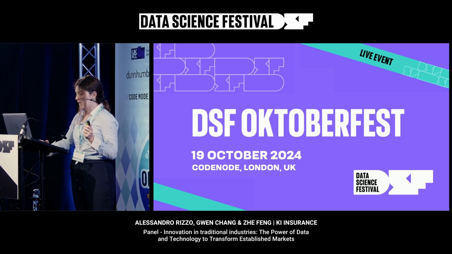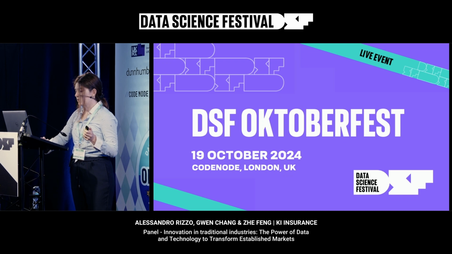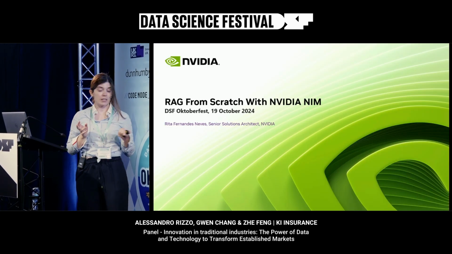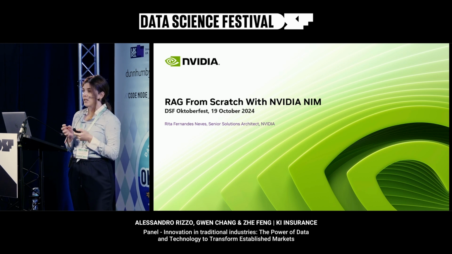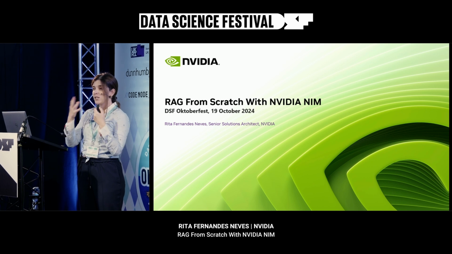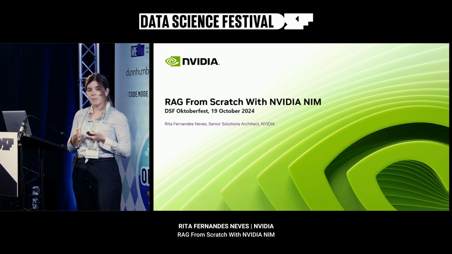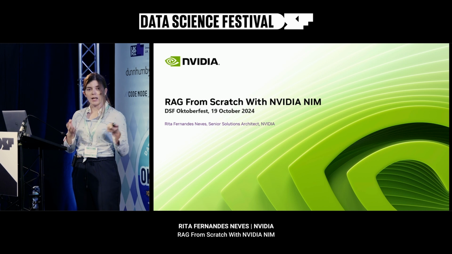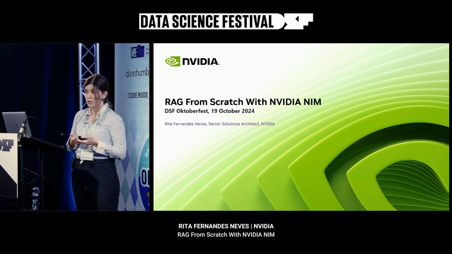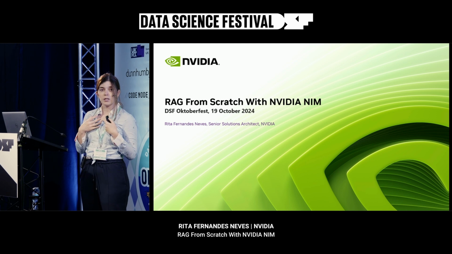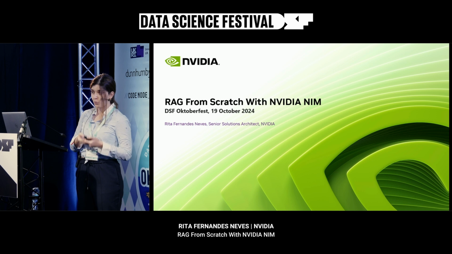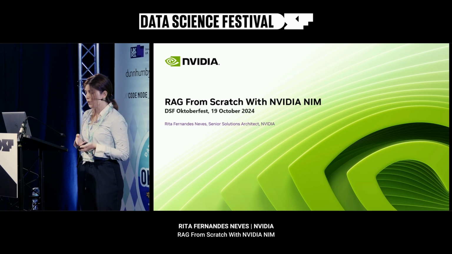Maybe one day we can merge the two topics together, but today I'm going to be talking about RAG, and I'm calling it RAG from scratch because my goal here is to essentially make you realize how to create a whole RAG pipeline using LangChain and NVIDIA NIM. If you don't know what NVIDIA NIM is, I'm going to also be talking about it. I'm going to be talking about how you can use NVIDIA services for free to deploy models for RAG and very different types of models.